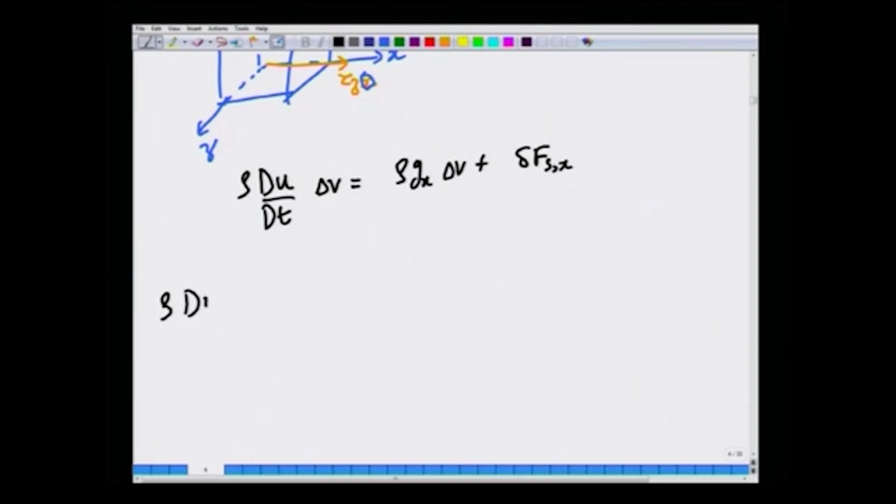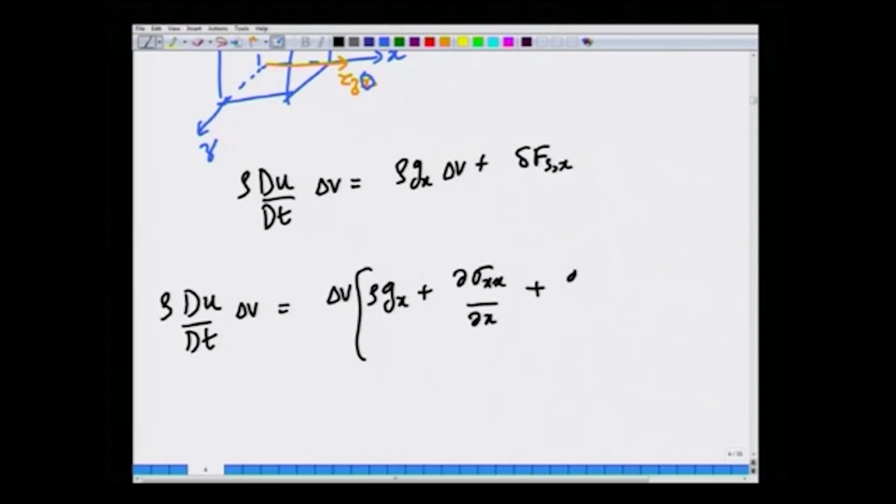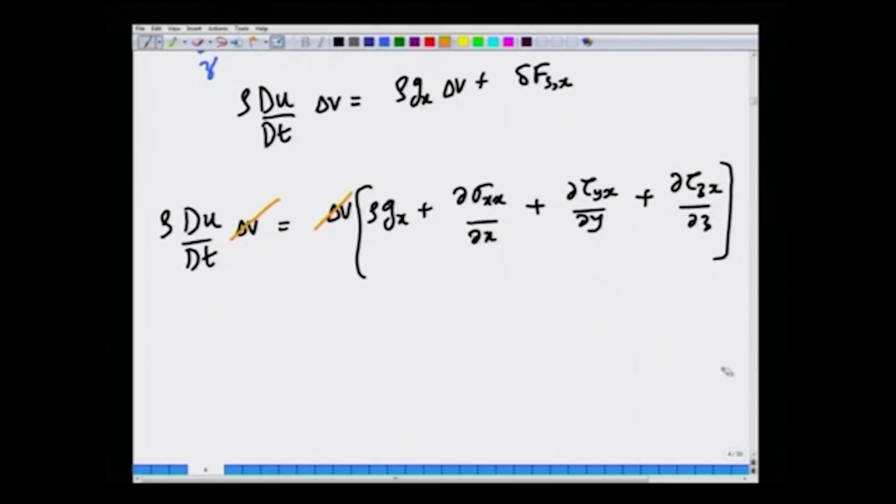rho du dt delta v is delta v times rho g x plus partial sigma x x by partial x plus partial tau y x by partial y plus partial tau z x by partial z. Okay. So, the volume of the control volume drops out of the equation, because both terms are multiplied by the same quantity. Now, we also said that in a static fluid,